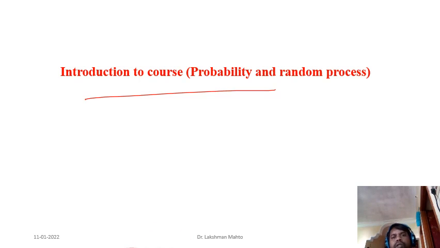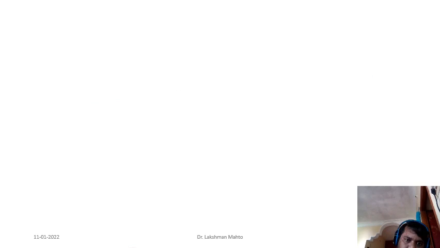Okay, so this course name is probability and random process, and somewhere you may get the name of this course as probability and random processes, because several processes people used to discuss in this course. So what my approach would be here: random process I will discuss from the Gaussian process perspective. Gaussian process is a more generalized random process, and most random processes happen to be special cases of the Gaussian process. That's why I have given the name probability and random process.